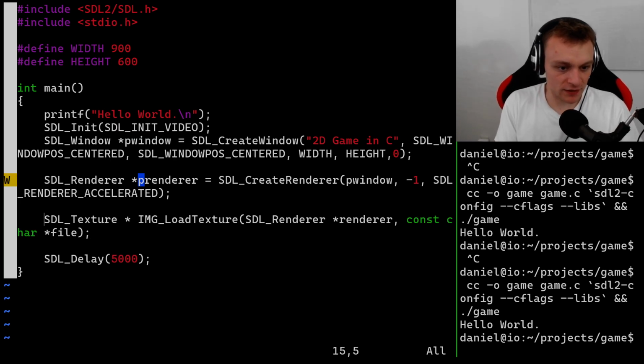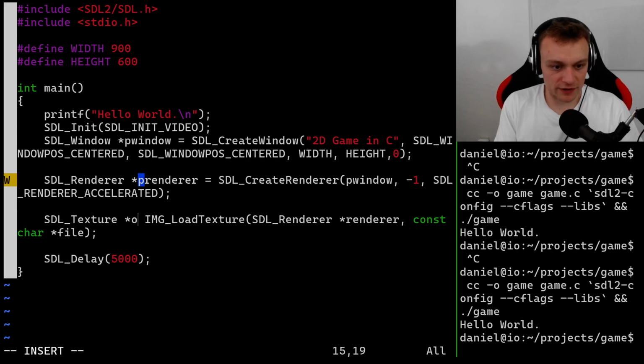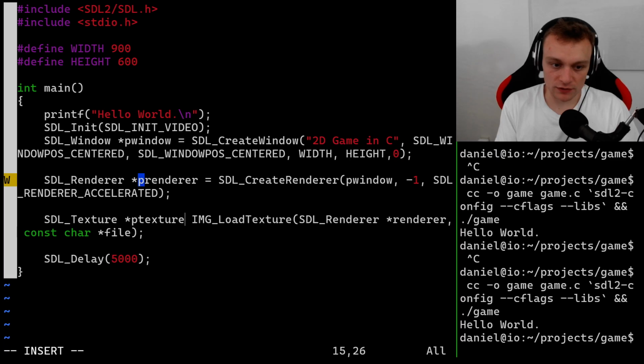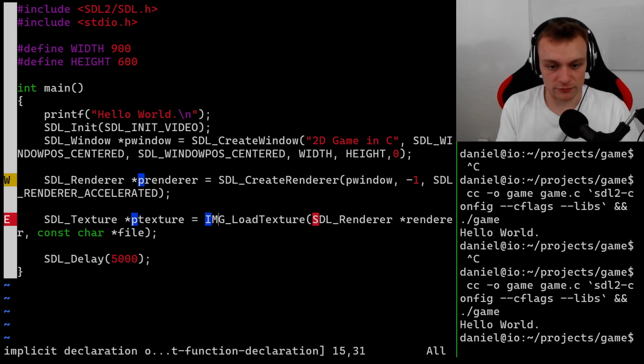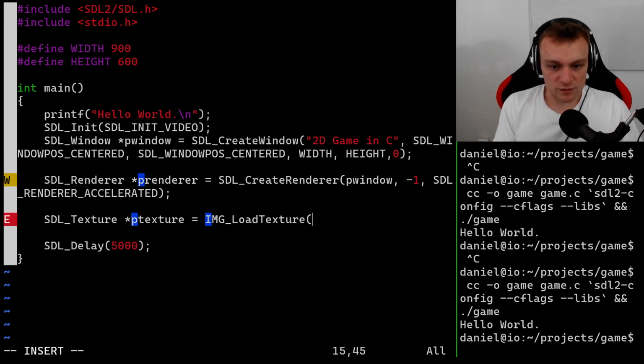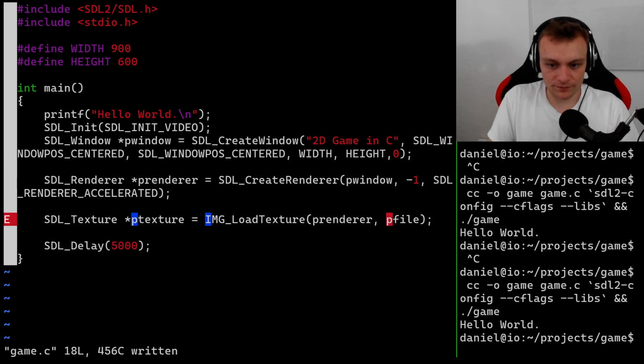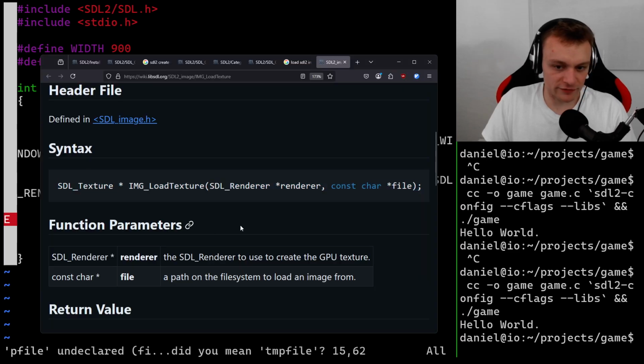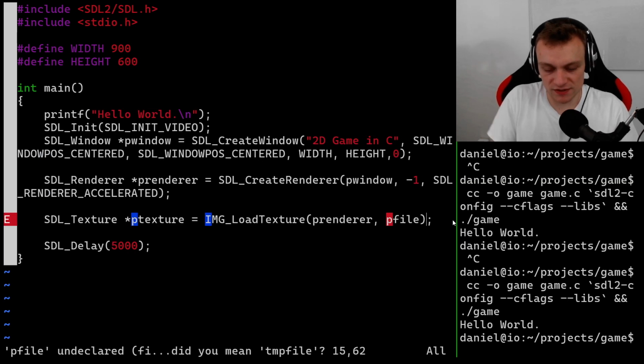Let's see. So we will specify this texture. Let's define the name of that, p texture, maybe p player texture. No. Let's call it p texture. We will narrow all this down later if we need it. Then we specify the renderer, p renderer, and a file. Let's have a look at how the file is defined. It's just a file name. It's a constant character pointer, which in simple terms is a string. So we can just say